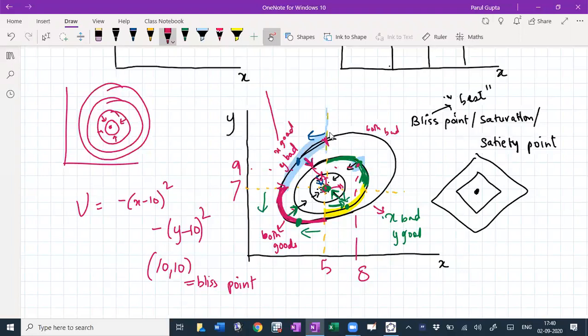Even though it's a straight line, this is going to be X good, Y bad, and this is going to be Y good, X bad, with this being the bliss point, and you want to move like this, like this, like this, and like this. The actual curvature matters for other things, but in terms of which is a good and which is a bad, only the direction of the arrow and the slope, whether it's upward sloping or downward sloping, will tell you whether it's good or bad. Okay, so let's stop here then if there are no further questions.